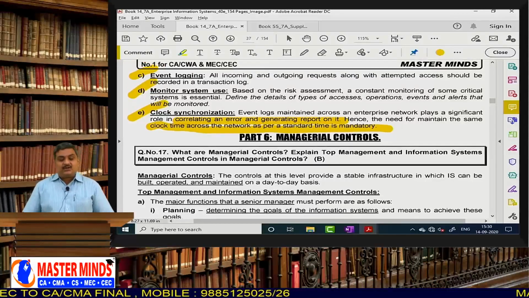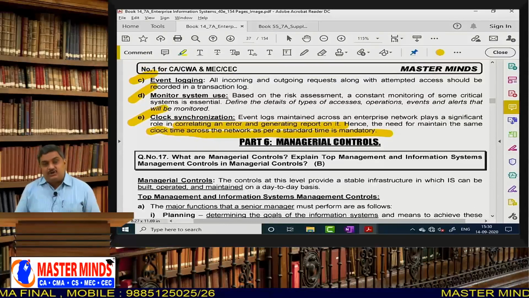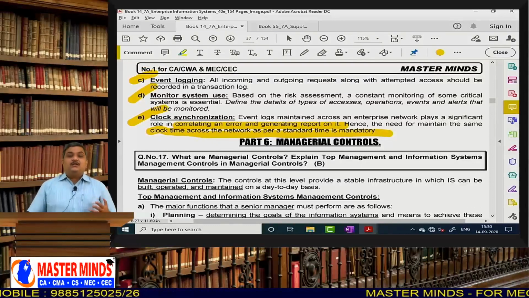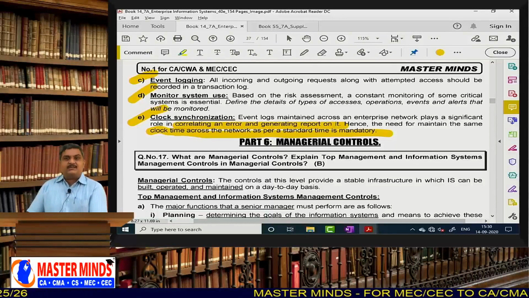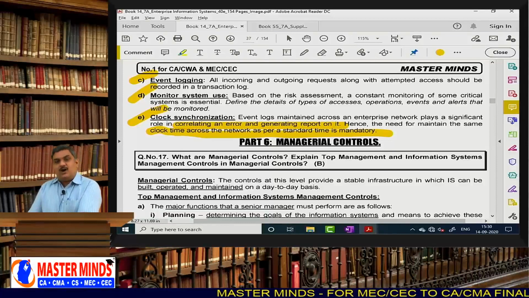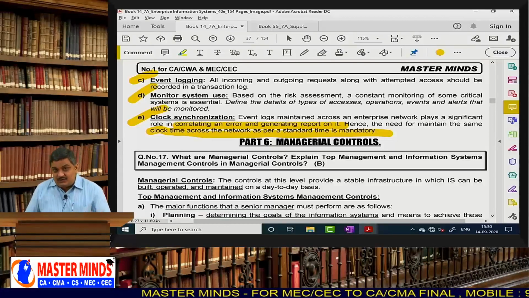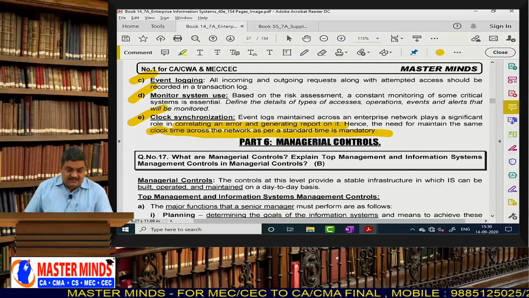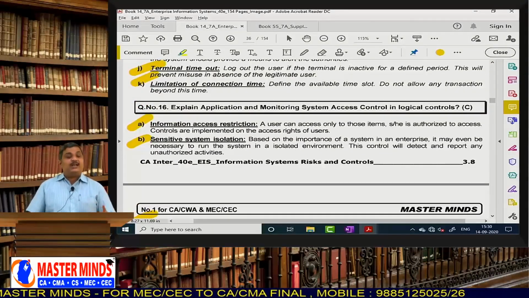So in logical access controls, what points did we study? We studied what logical access controls are and the different exposures that can cause logical access problems to your computers, like bombs, data diddling, Trojan horses, salami techniques, rounding down, trapdoors. Later we studied the network controls required, the user access controls required, the operating system controls required, and just now the application and monitoring